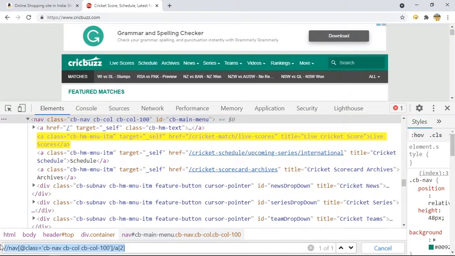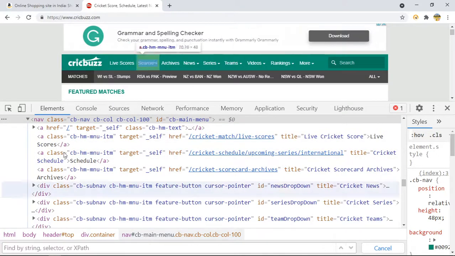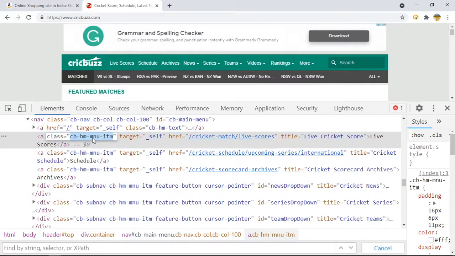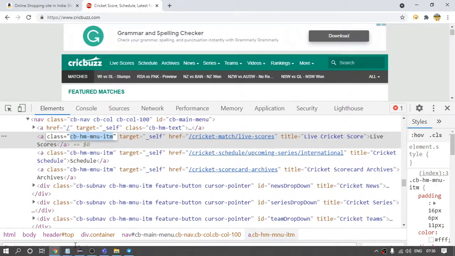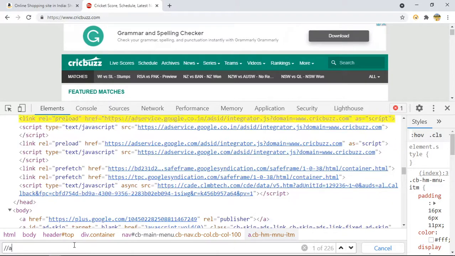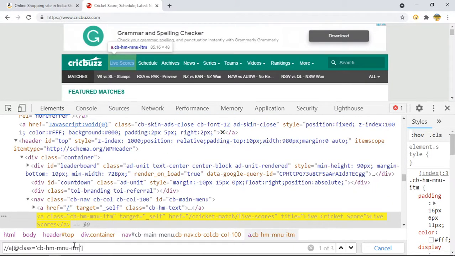But suppose if I am here, suppose if I write the XPath for this @class, so this is our XPath. So I should have taken the unique one.